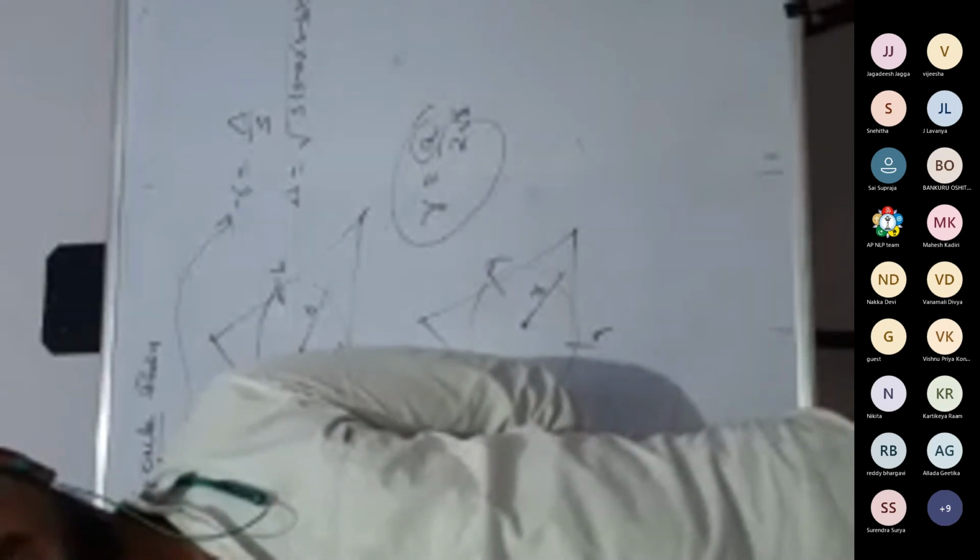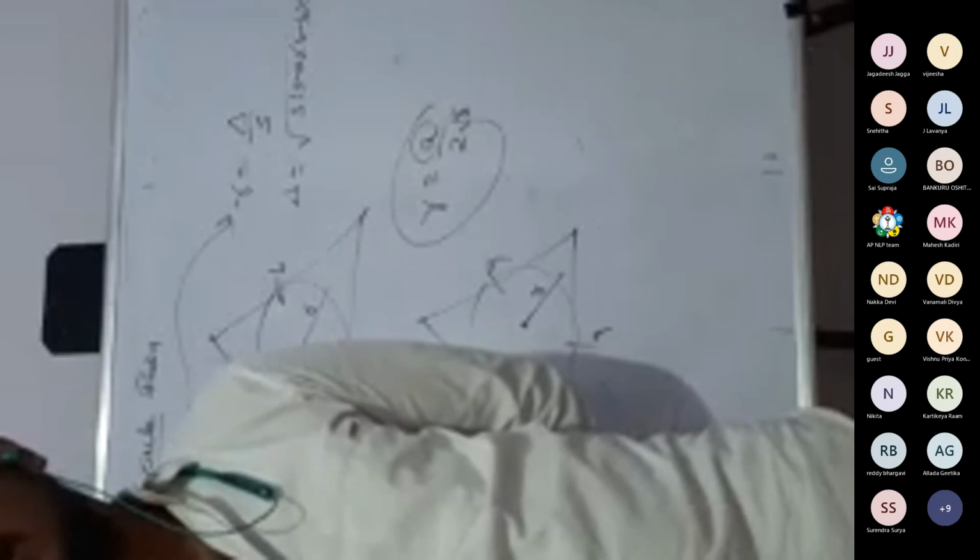Again, I repeat, the area and perimeter should be clear. If you take any figure, the space occupied, simply we can say area, is nothing but what? Space occupied by any bounded figure or any closed figure. The space occupied by any closed figure, that is nothing but area.